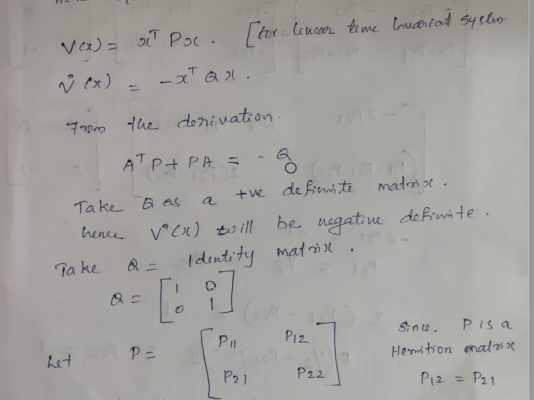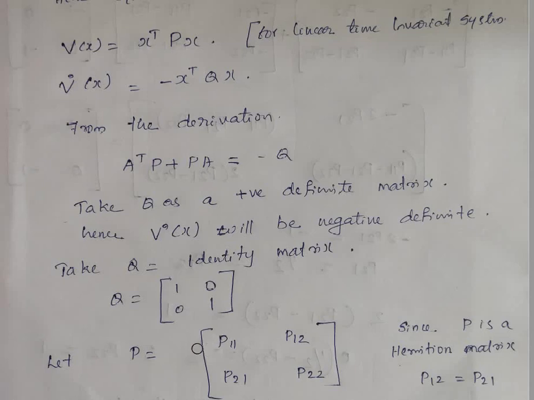So, here for simplicity, I am taking it as an identity matrix. All identity matrices are positive definite matrices. So, 1, 0, 0, 1. Or you can take the principal minors. First, this 1, its value is greater than 0. Then take the determinant of this whole matrix. Its value will also be greater than 0.